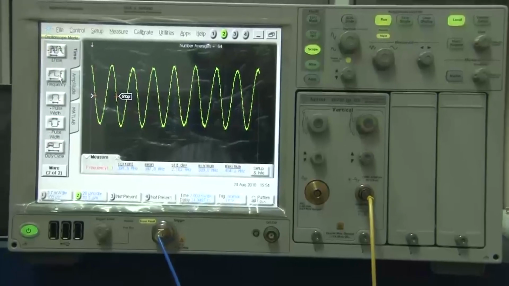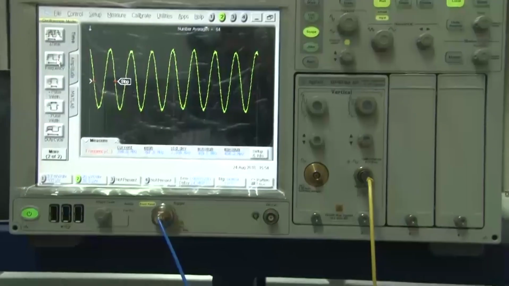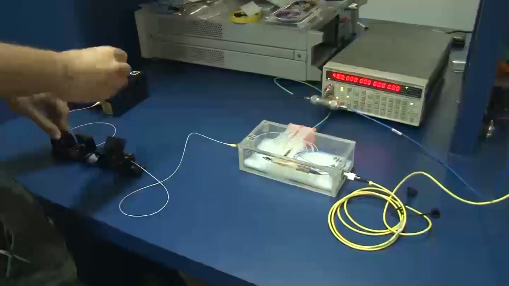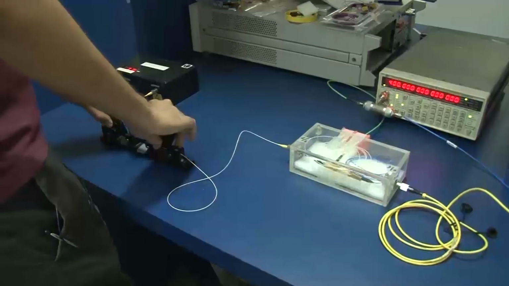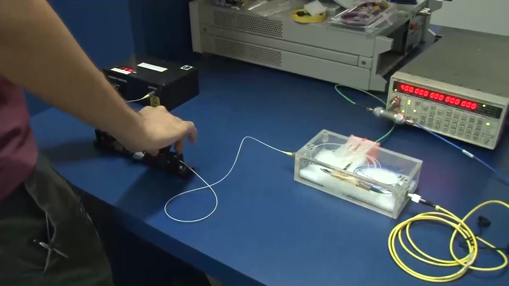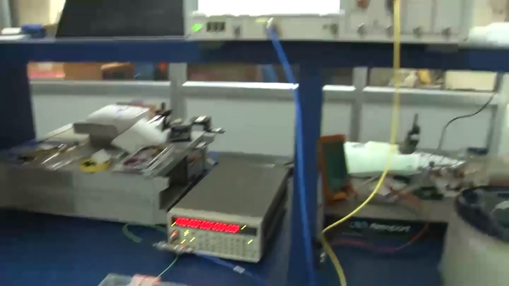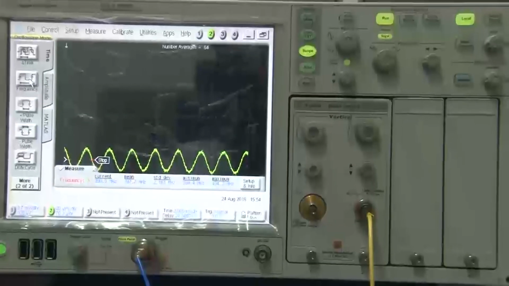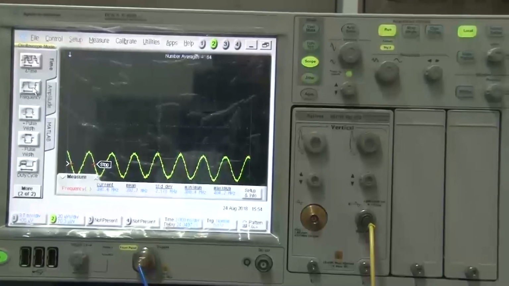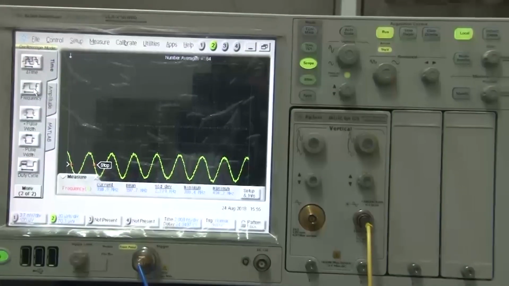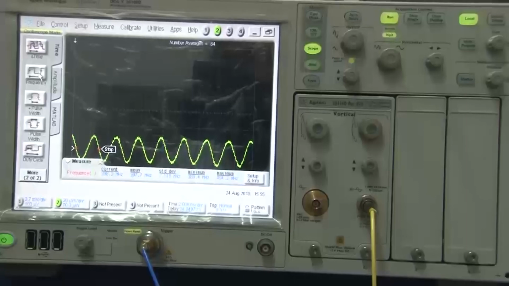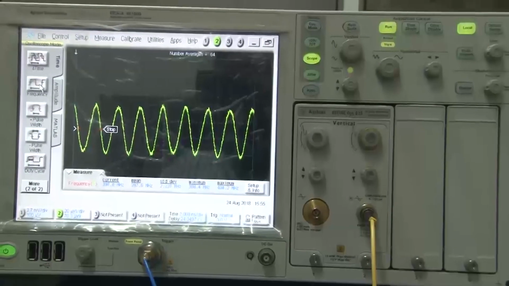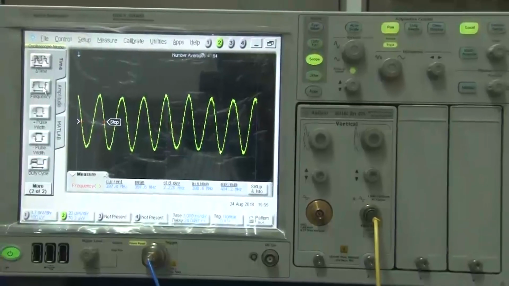Another important thing is that this Mach-Zehnder modulator, as I previously mentioned, is polarization sensitive. Now if I were to vary the angles of the controller, we'll see that the optical output actually starts coming down. This shows the polarization dependency of the input to the Mach-Zehnder modulator. So it's important for us to have a polarization controller beforehand,